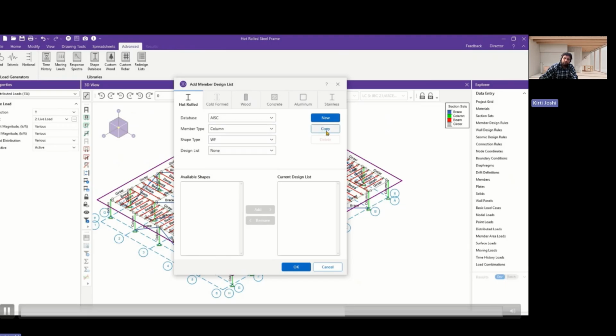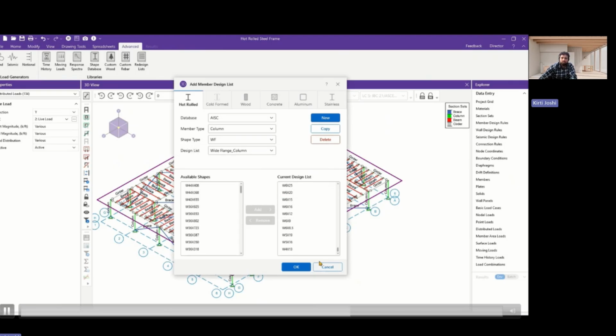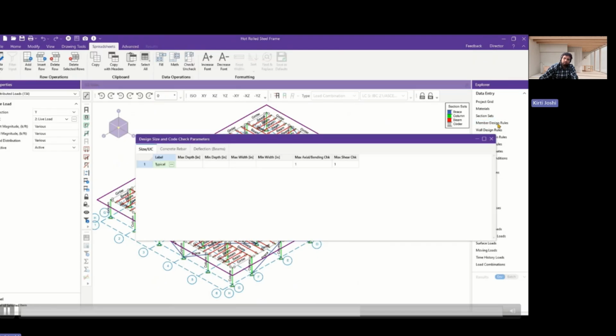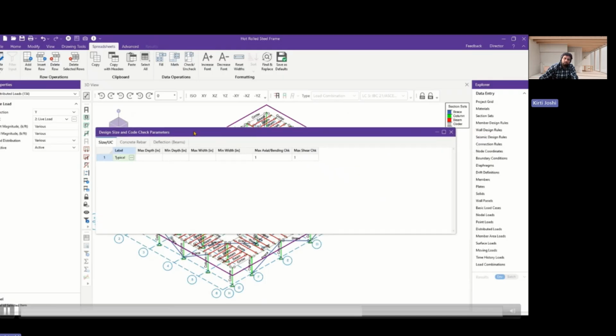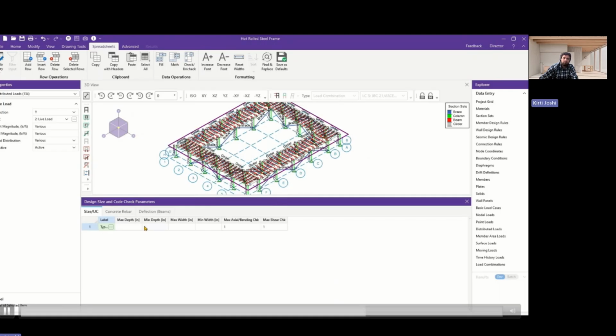Similarly, for the column, we are going to create a copy of this default, and we are just going to remove the W4 till the W6 sections. So we have already created the design list, and in the member design rules, you can just dock the window and you can give the design rule for your beams, columns, and the girders,